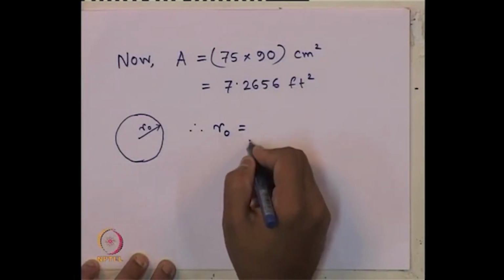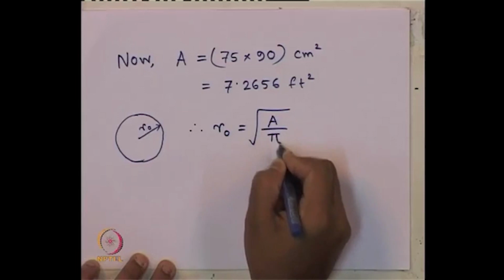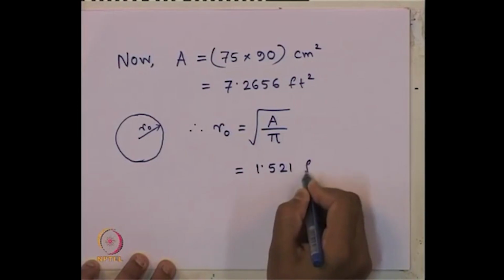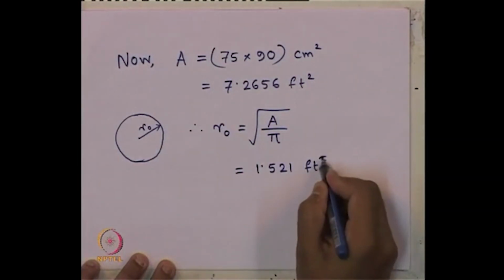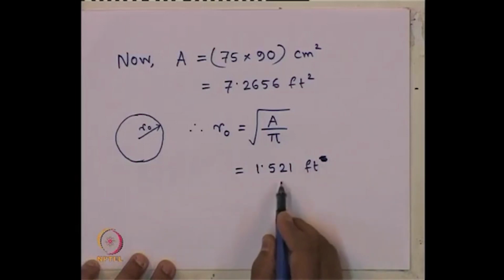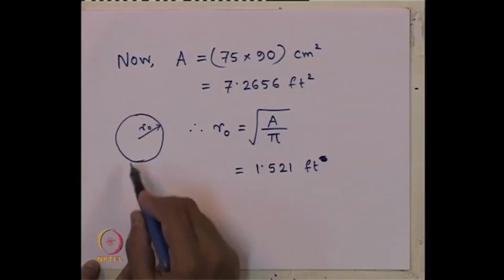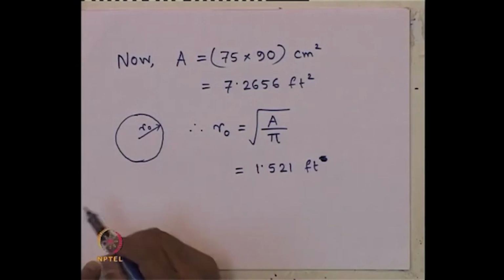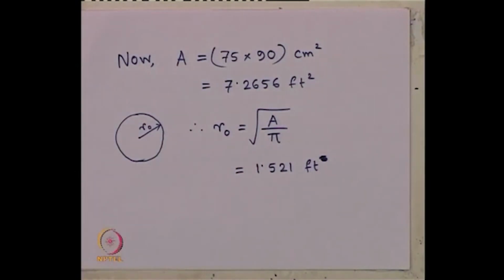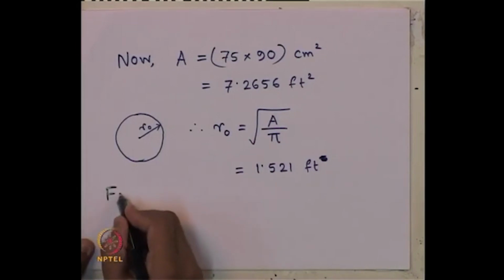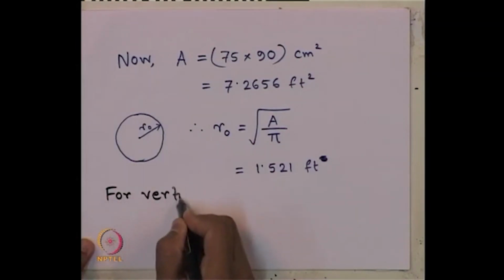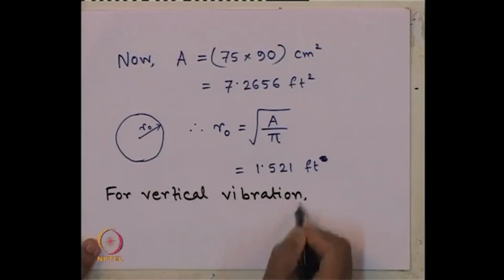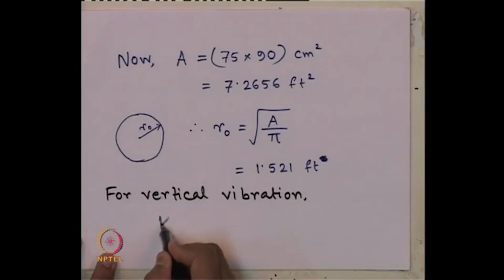If we want to find the equivalent radius of a circular footing keeping the area constant, then R naught will come as how much? A by pi, 1.521 feet square. Sorry, R naught is 1.521 feet. That is called the radius of the equivalent footing base. Why is it required? For vertical vibration, the stiffness of the